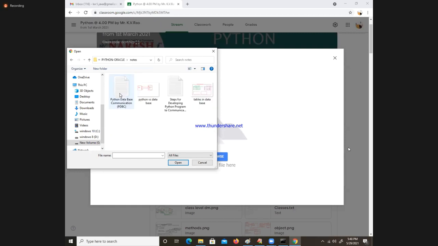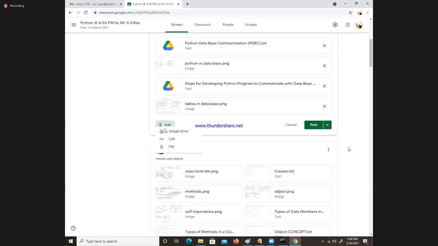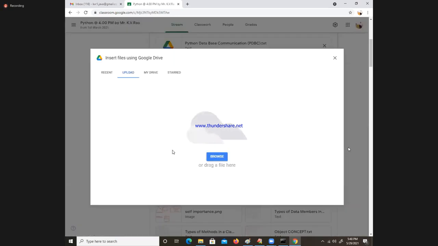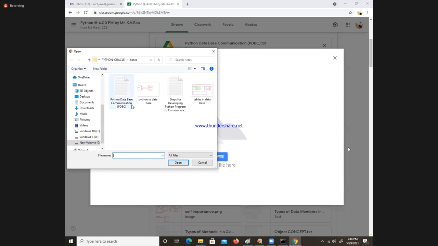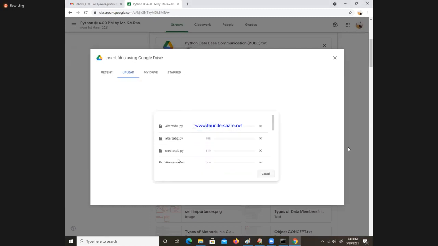Here I am placing the notes completely, complete Python PDBC. Praveen Kumar, OS module, RE module, all those things, OS module, cx_Oracle, all of them I'm going to upload, all these files. Right. Done.